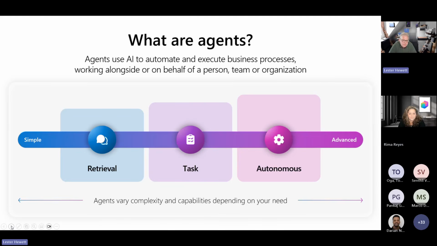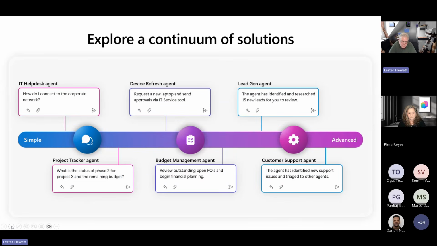We have other customers who are looking more at the retrieval end of this. Maybe they have a bunch of standard operating procedures held within SharePoint, and what they're looking to do is get simple, quick answers to how do I process this invoice, or how do I make a change to this customer record? And then we have people looking at task-based agents, where they're doing things for them. Folks are giving the agents a set of tasks, they're processing them and giving them the answer back. So agents have this ability to wrap AI together with a set of instructions and capabilities to